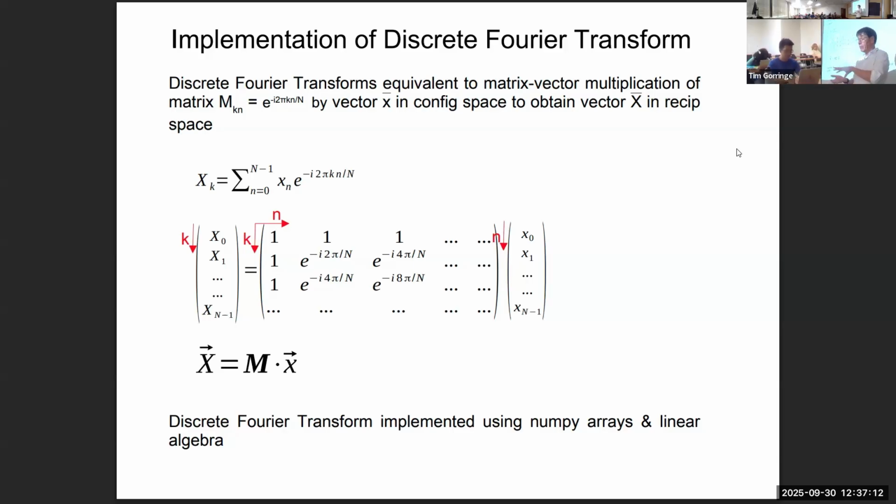We saw that we could represent the weighting factor that converts you from time to frequency domain or frequency to time domain as a matrix, and we could represent the Fourier transform itself from time to frequency or frequency to time as simply a linear algebra problem of a vector matrix multiplication. Okay. So that's a summary of last class, and today's class, as I say, I'm really going to focus on